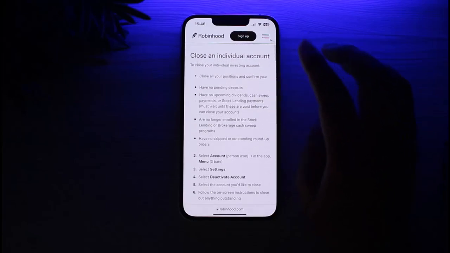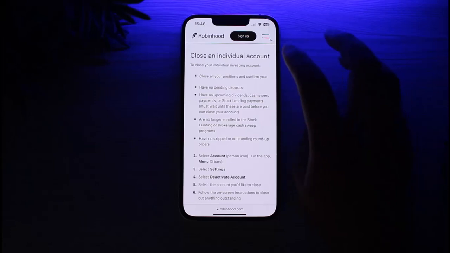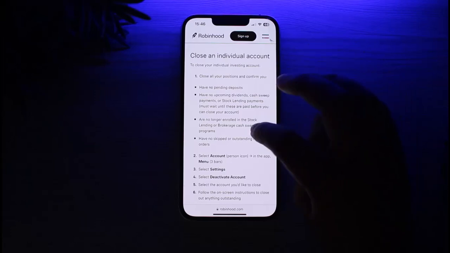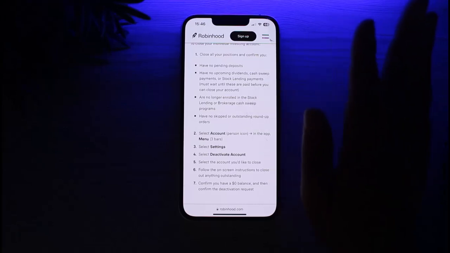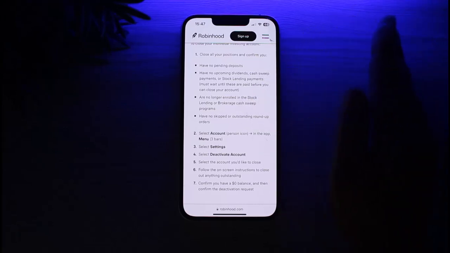So if you want to close an individual account, you just have to make sure that you close all of your positions and confirm you have no pending deposits. Once you are done with that, cleared out all the assets and withdrawn them, then what you're going to do